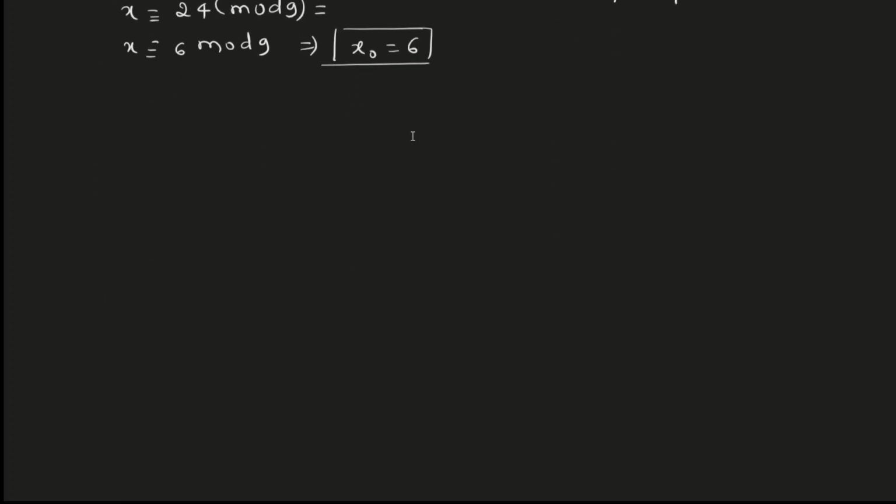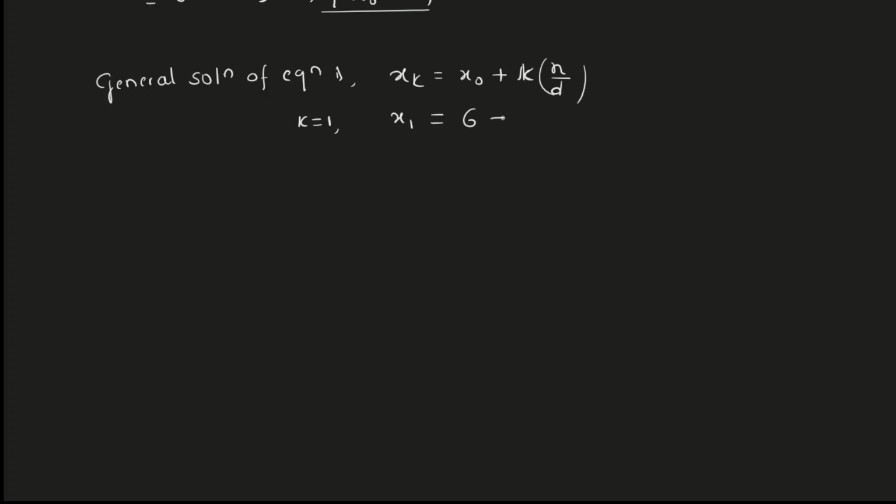Now we need to find the general solution. What is the formula of the equation? x_k equals x naught plus k into n divided by d. So x naught you already know, it is 6. Now put k as 1. For k as 1, x1 equals x naught, that is 6, plus k, which is 1,